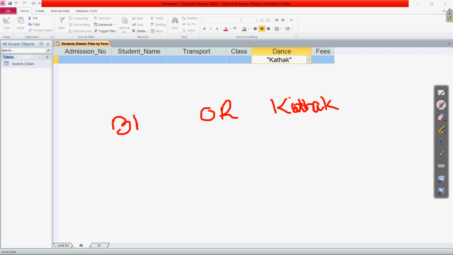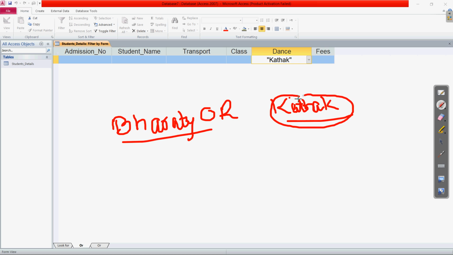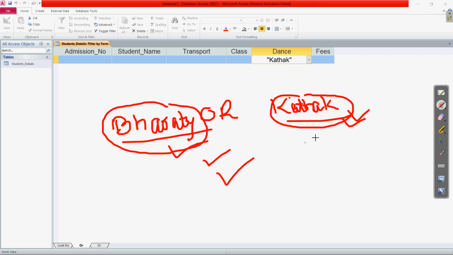Here we are selecting the two values, either Bharatnatyam or Kathak. Okay, so read this as Bharatnatyam. So either of these, means if any of these is found we will get the things. If there is a child who is not learning Kathak, so we will get only Bharatnatyam names. Clear? Or if Kathak is also there, then we will get the Bharatnatyam names as well as the Kathak names. Clear? So this is the meaning of OR. Earlier it was AND, when all the conditions had to be met.